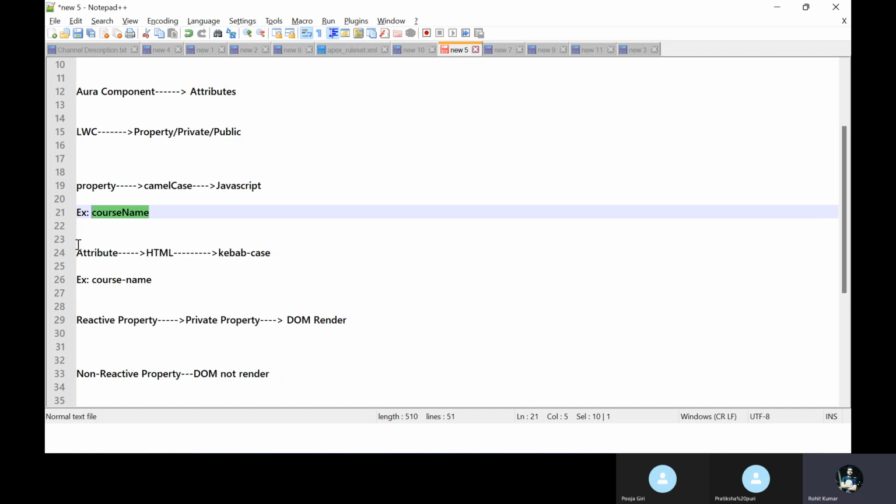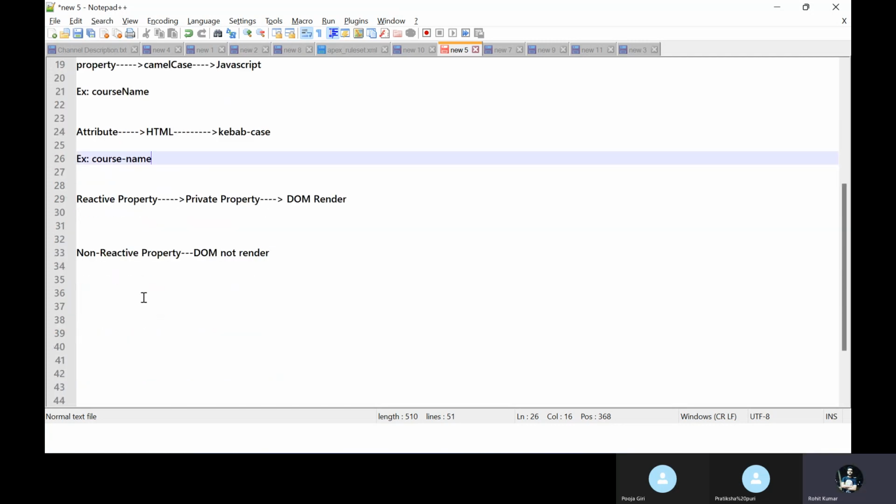And then you can apply it as an attribute in HTML in kebab case. Kebab case means this one, for example course hyphen name, all small letters, right?